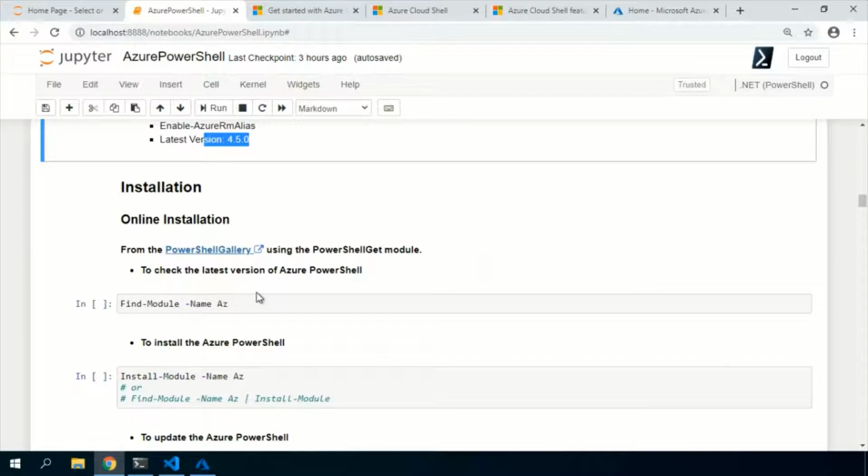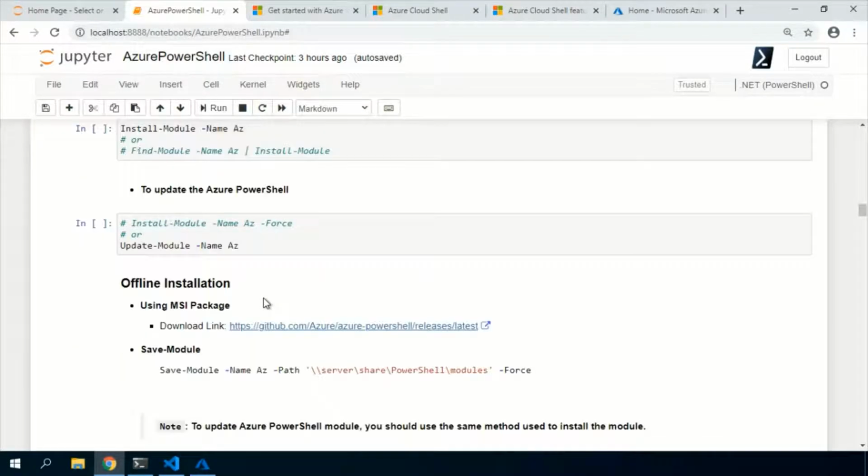The other way of doing it is, suppose your machine doesn't have an internet connection, or it is behind firewalls, then you need to download it manually from the GitHub latest release pages.